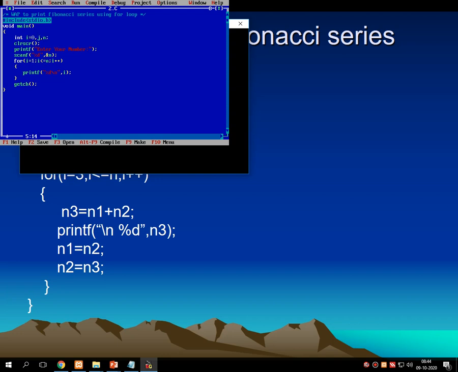Then j is equals to 1. Then, before this for loop, I am printing the value of i and j as it is onto the screen before the repetition. Just remember that, I am printing the value of i and j as it is onto the screen.